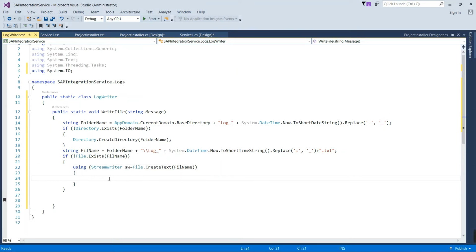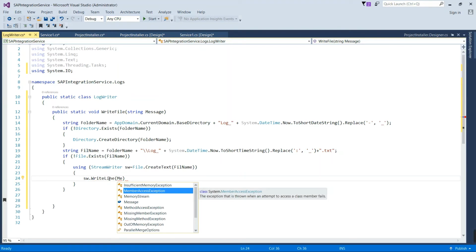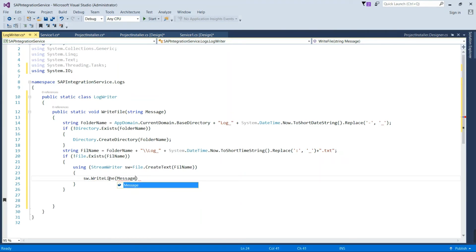And then we'll write the file using the WriteLine function. If the file already exists, then we'll append the message.